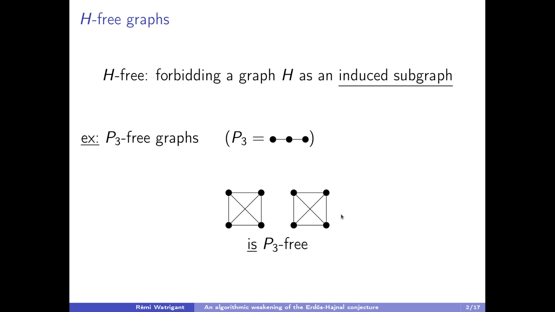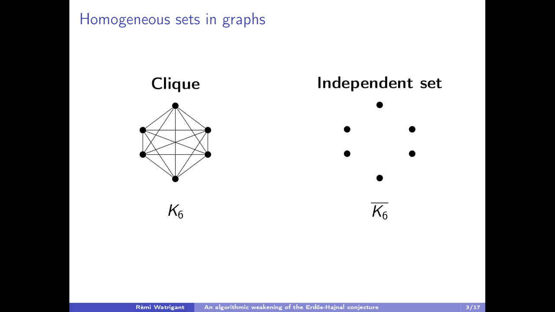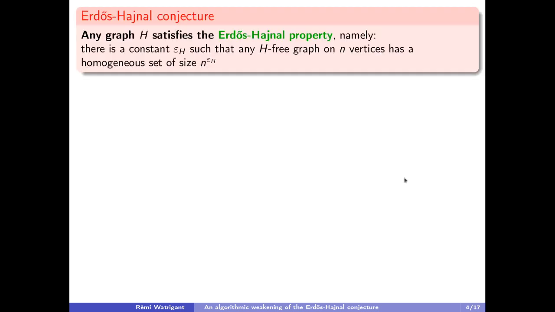The second idea in the Erdős-Hajnal conjecture is about homogeneous sets, and a homogeneous set in a graph is either a clique or an independent set. A clique being a set of pairwise adjacent vertices, and an independent set being a set of pairwise non-adjacent vertices. So the Erdős-Hajnal conjecture says the following: any graph H satisfies the Erdős-Hajnal property, and the